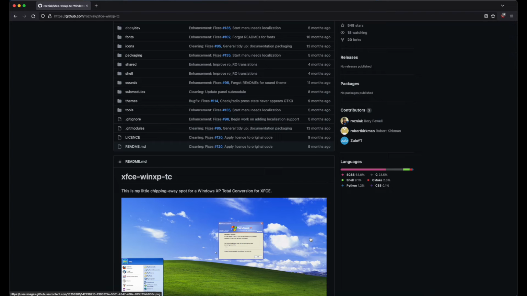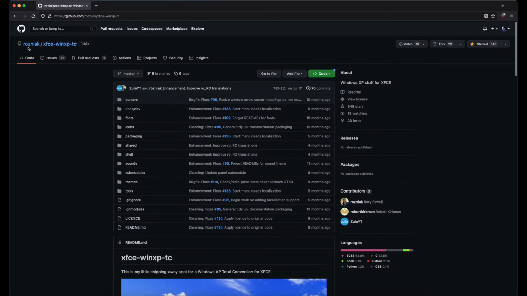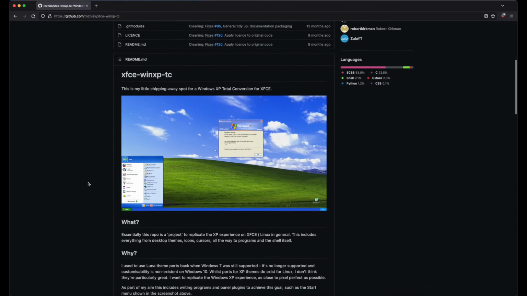So in this video, what I thought we would do is take a look at setting up and installing the Windows XP total conversion for xfce, also known as xfce-winxp-tc by Wozniak on GitHub. So essentially what this project is, it aims to replicate the XP experience on the xfce desktop environment for Linux